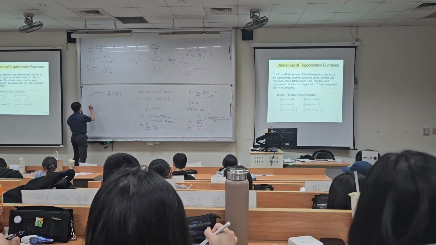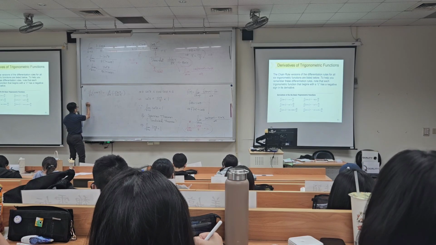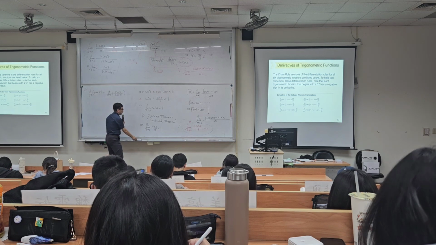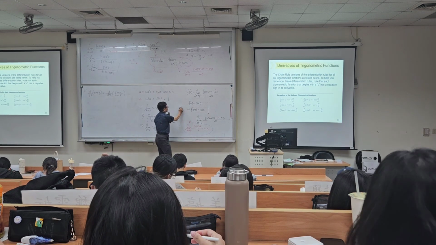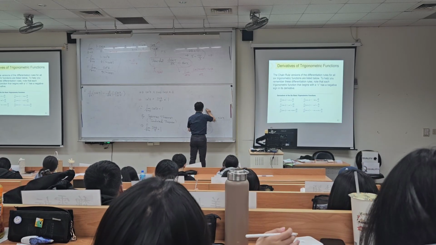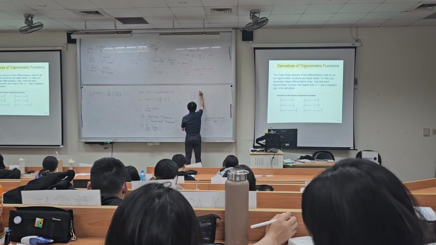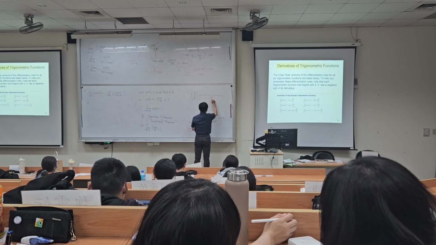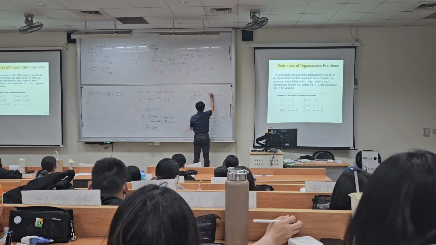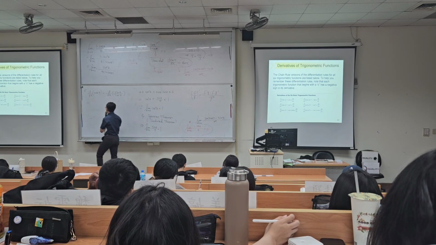So we'll have, you remember the quotient rule: f prime g minus f g prime over g squared. So you will have